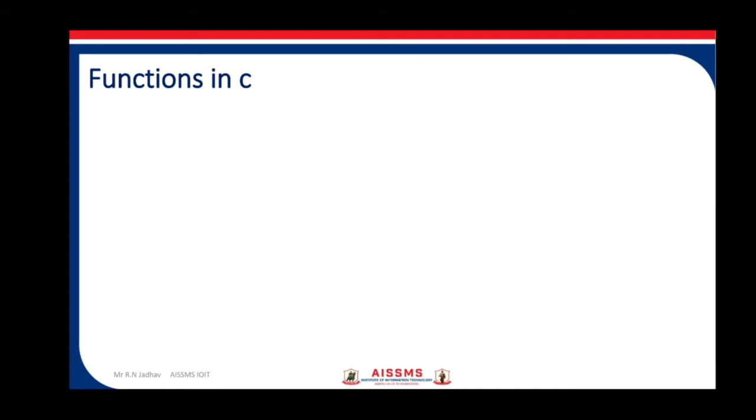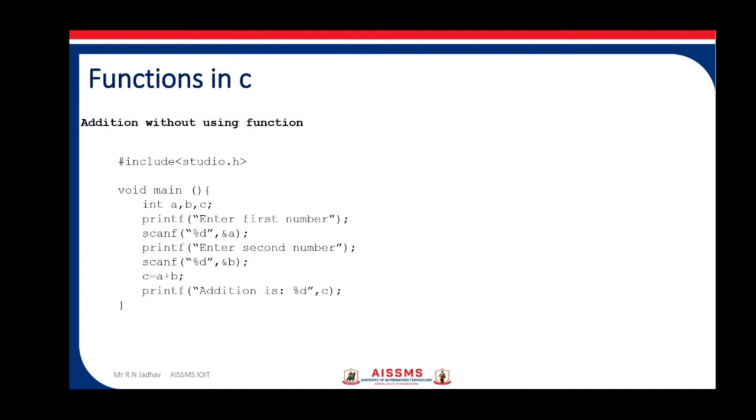Before we start with functions, just see a simple program of addition. Here I have added two integer values. If we consider this program, it also contains functions. Each C program should have at least one function, and that function is main. Apart from main, you can see here printf and scanf. These two are also functions, called library functions. Apart from library functions, we can also write our own functions, which are called user defined functions.